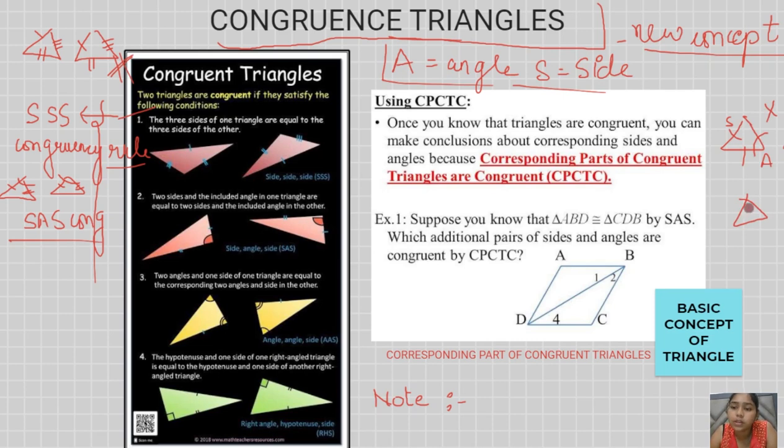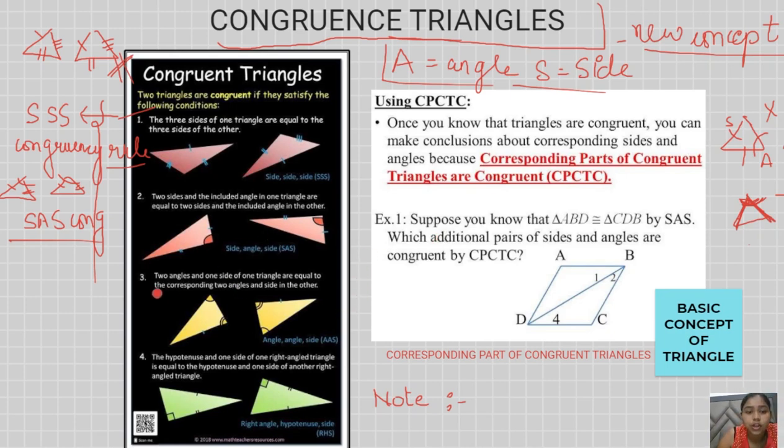For the SAS congruency rule, they must be corresponding, they must be adjacent. It means the first is a side, the second must be the corresponding angle of that particular side, it can be this or it can be this, right? Then it must be the other side which is linked to this particular side. It can't be any side or any angle in this case. In every congruency rule I am telling you, corresponding sides and angles must be present. You have to consider only the angle present in between them.